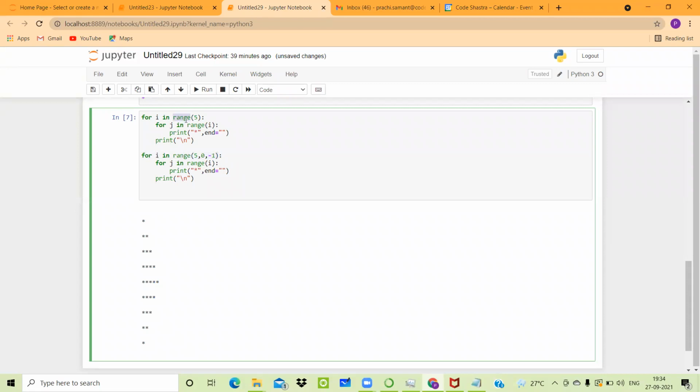So as I said, the logic is exactly the same as that of the first for loop. The only thing that is going to change is the way in which we write the loop. Once you understand what the range should be, you can easily understand how the flow will go. But here the USP of this program was that you need to understand how the range should be used properly in order to get the proper outputs. I just hope this part is clear. Yeah, it's clear.